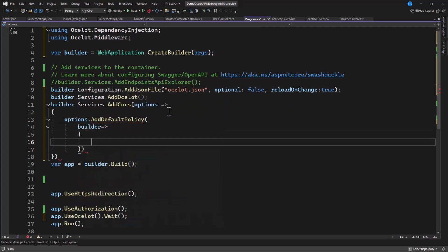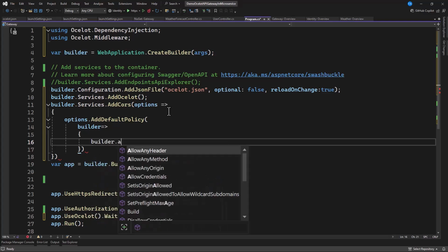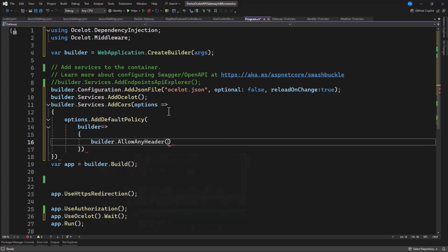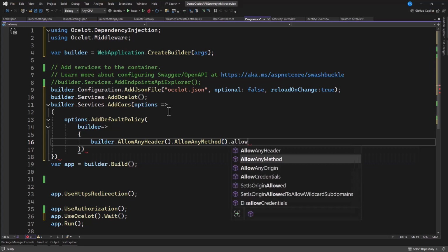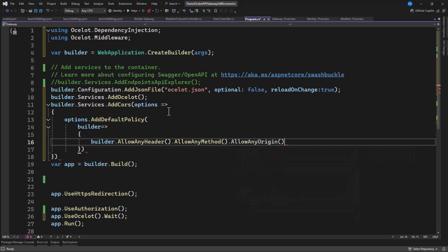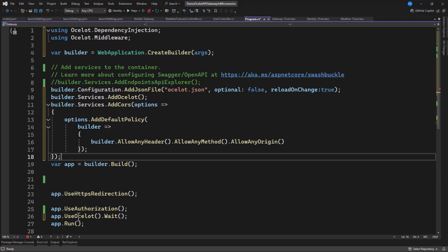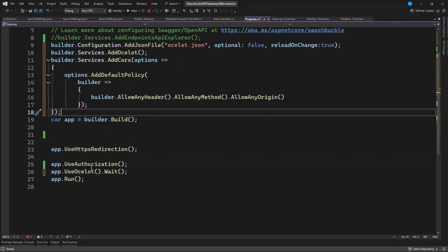Then in our builder, we say builder.AllowAnyHeader first, .AllowAnyMethod, then we can AllowAnyOrigin. That will be any address coming in. Okay, now let's terminate this, and we need to use this call.